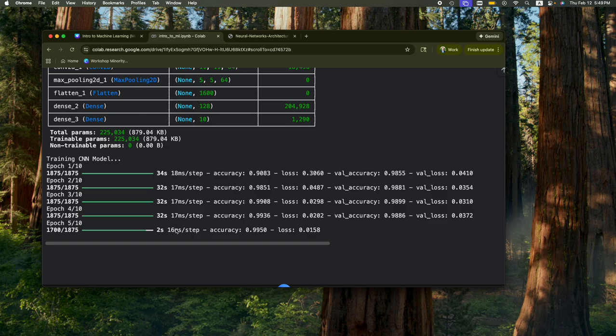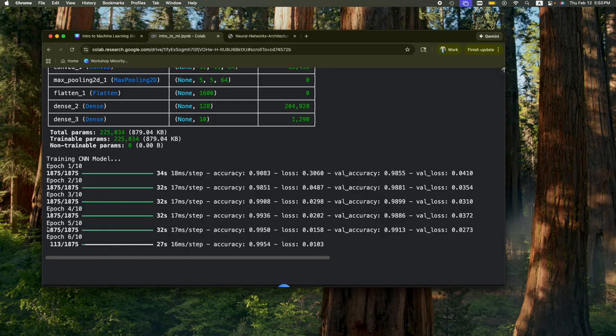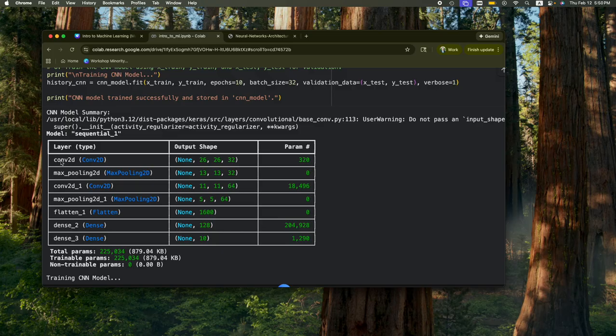Oh my god, this thing is taking forever. This is why you guys need a GPU or a TPU. It took a while to train 5 epochs. It's more computationally expensive because you're doing convolutions, which is why the AI boom happened, because they have something called GPUs, which accelerate computing by a lot more than using a CPU would.